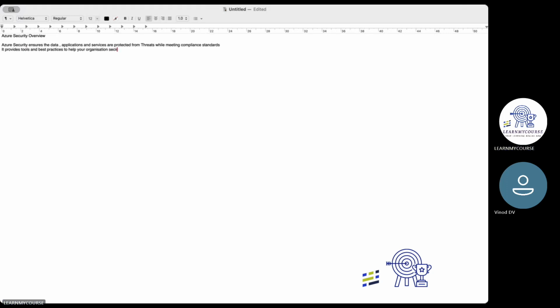Basically, the most important thing is to protect the data and services from threats and to meet compliance standards.